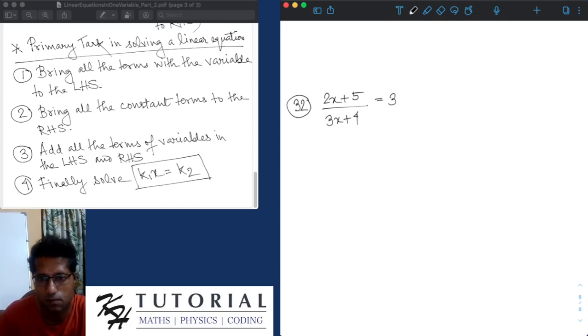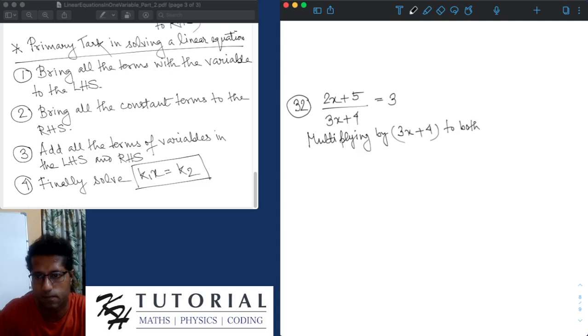So we can always multiply the LHS and RHS by 3x plus 4. So multiplying by 3x plus 4 to both sides, 3x plus 4 will eventually be a number. The rule says that in an equation you can multiply both the LHS and RHS with a non-zero number. Now that number usually is a constant, but it also works if it has a variable, because eventually